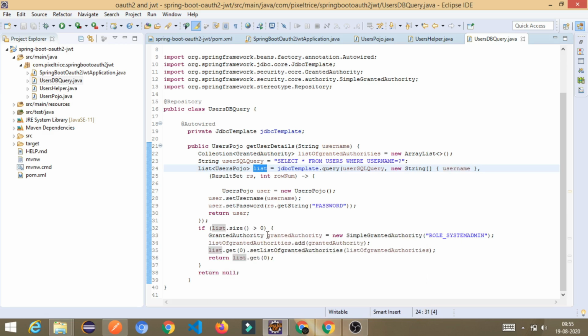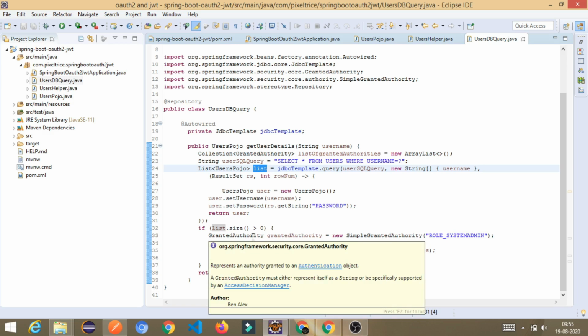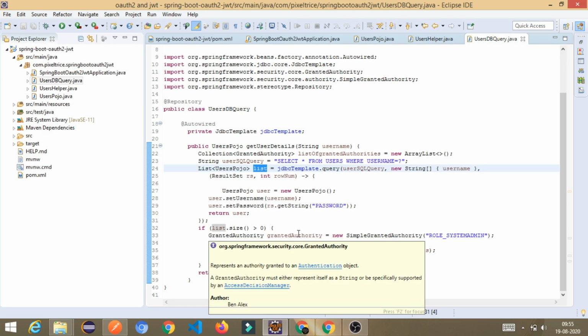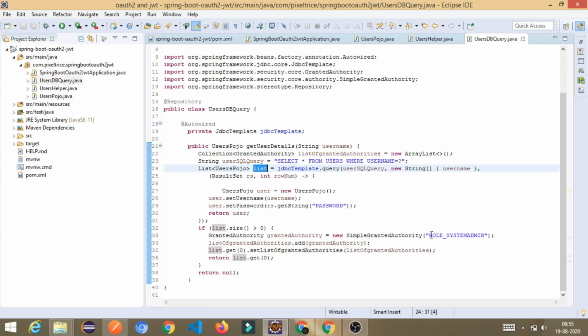Once we verify that, I am creating the object of granted authority. See, here we are going to use the granted authority. I've created the object, and by default I am passing the role system admin. For this purpose I am giving the role system admin as the granted authority.